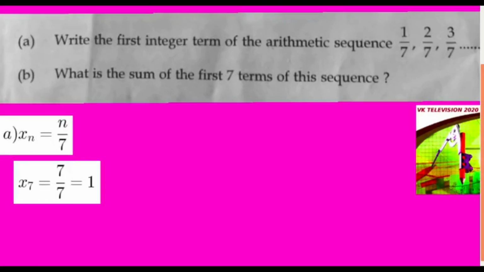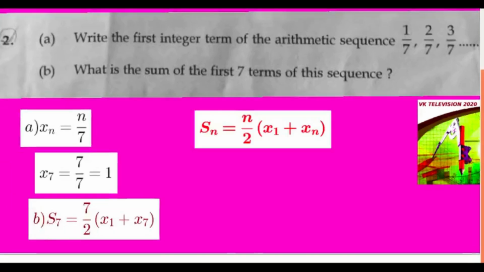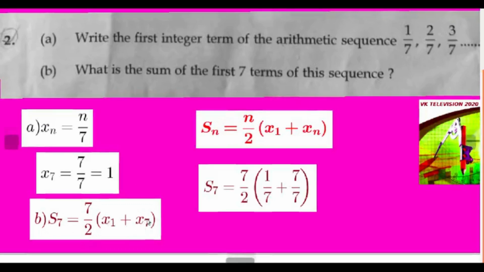Then what is the sum of the first 7 terms of this sequence? We have a formula: sn is equal to n by 2 into x1 plus xn. We use this formula to find the sum of the first n terms of an arithmetic sequence. So we replace n by 7. Then s7 is equal to 7 by 2 into x1 plus x7, which is 7 by 2 into, where the first term is 1 by 7 plus the 7th term is 1, that is 7 by 7. Then 1 plus 7 is 8. So it is equal to 7 by 2 into 8 by 7. After simplifying, we obtain the answer is equal to